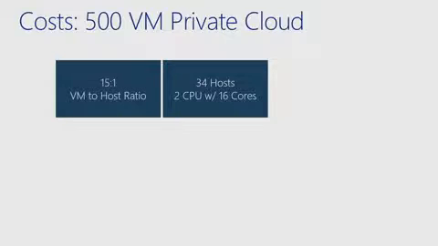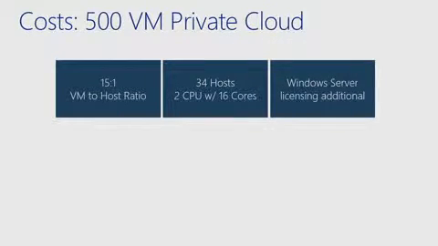And for these hosts, I've chosen 2 CPUs with 16 cores. It doesn't matter about the cores. It doesn't affect either of the licensing models for Microsoft or VMware from that perspective. So just 34 hosts, each with 2 processors, cores largely irrelevant. I've decided to exclude Windows Server licensing, because if you buy VMware vSphere or the vCloud Suite,